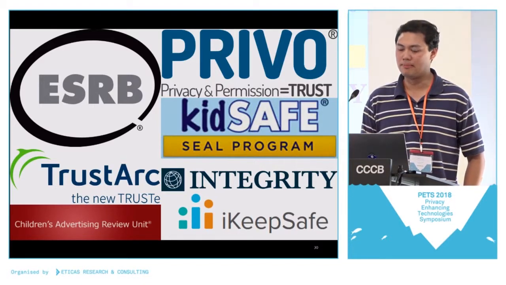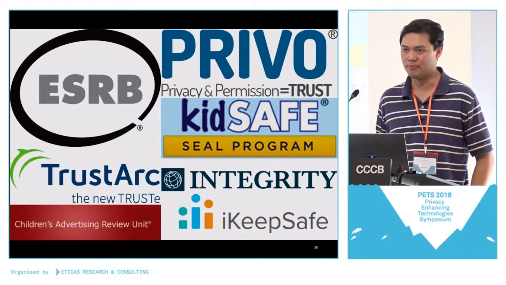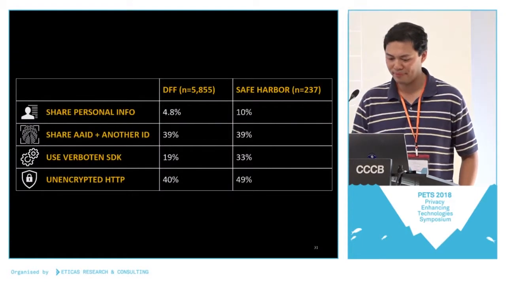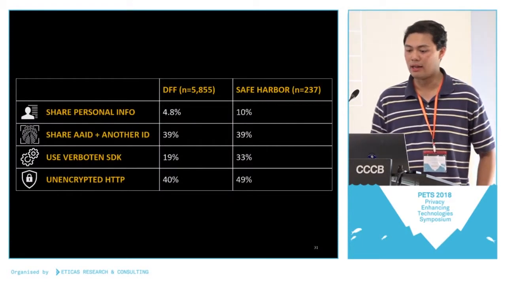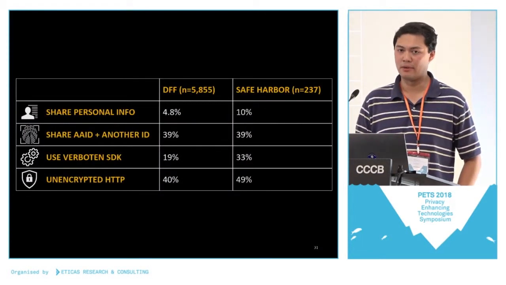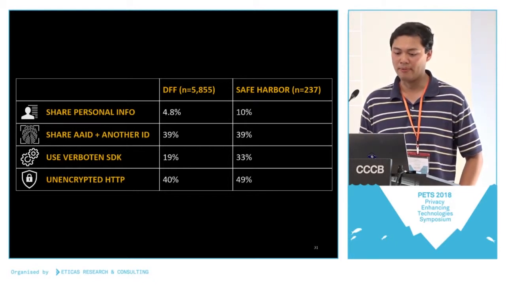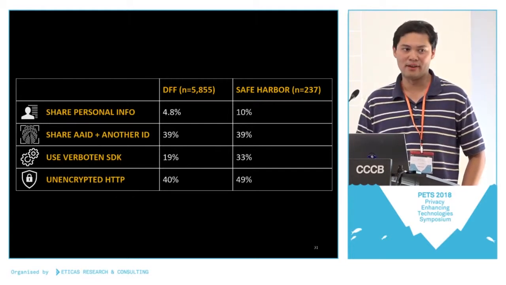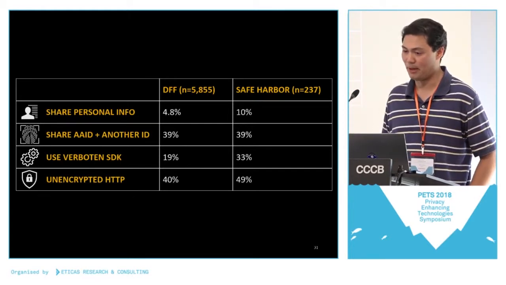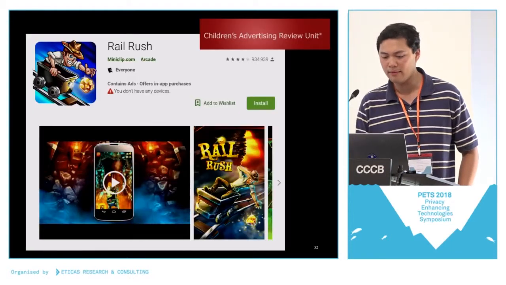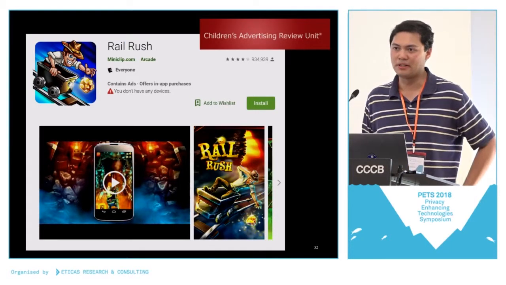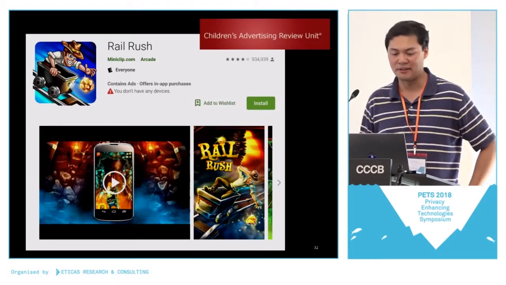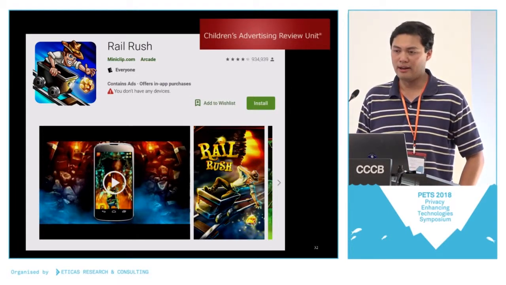App developers can submit their products to these safe harbors, who then review and certify their apps for COPPA compliance. So we looked at those safe harbors' websites and figured out what apps and companies they might cover. And we found that they really weren't any better than DFF apps as a whole, and might be worse in some cases. So for example, RailRush, which has over 50 million installs, was reviewed by Children's Advertising Review Unit, and